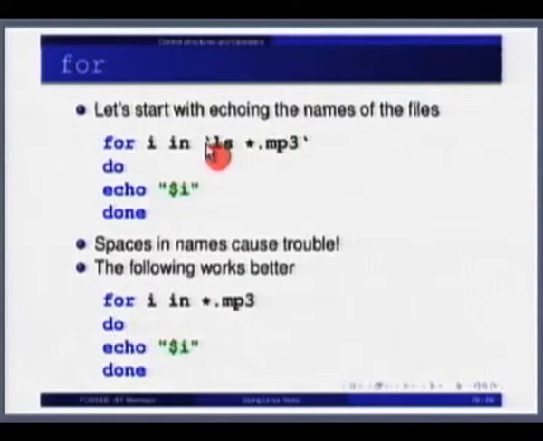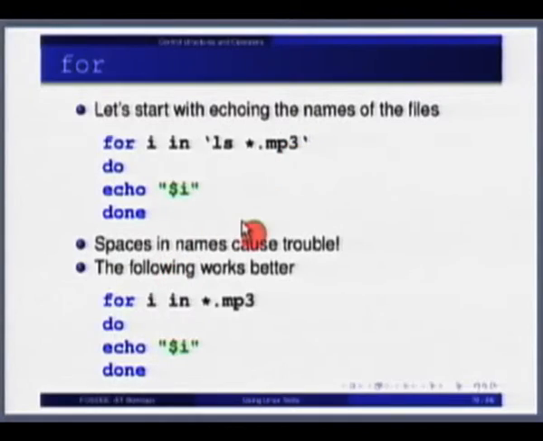Before you actually do this operation, it is best to just echo and see whether it's precisely doing that. Important thing to note in this example is that between the two back quotes, whatever is written is executed first, and the output of that execution is given as the list for i. Incidentally, between consecutive things there is a space. Between all the MP3 files there will be a space.